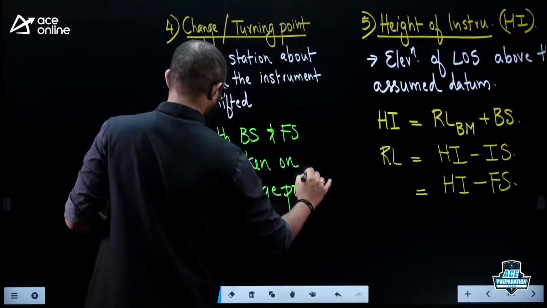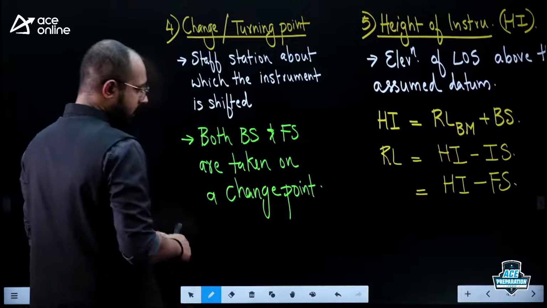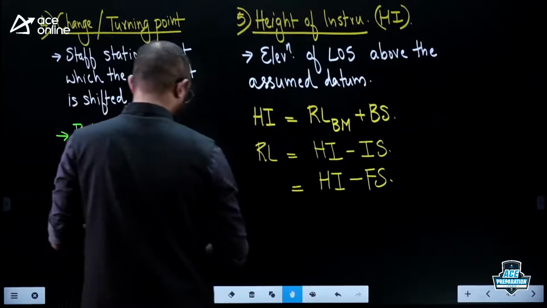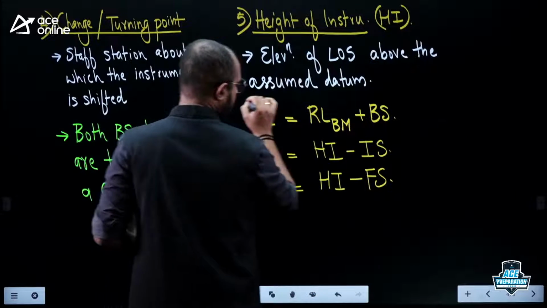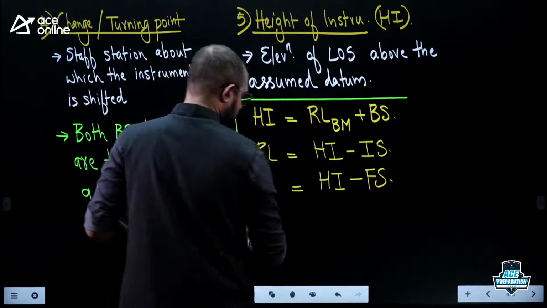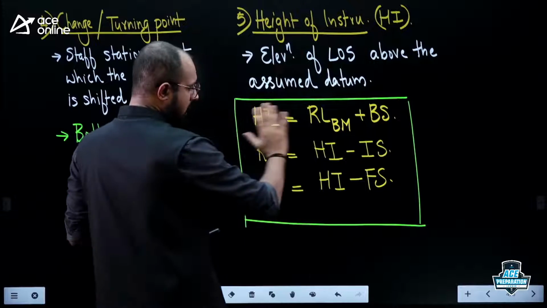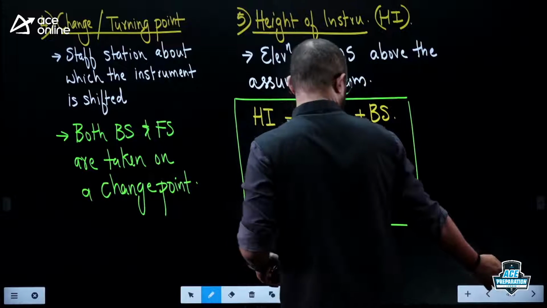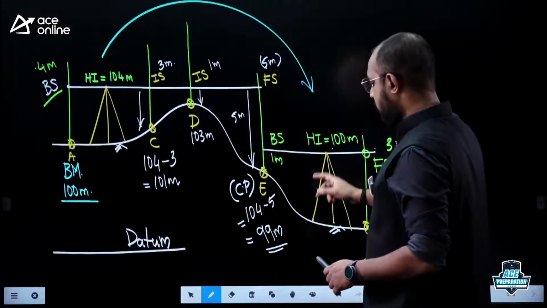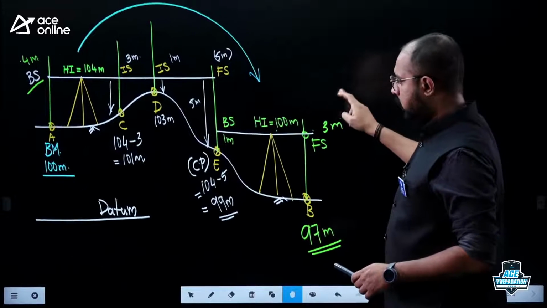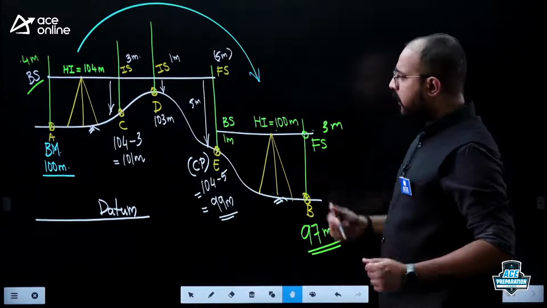So that's it. These are the different points that we should understand. These are the different terminologies, and finally these are the different equations involved in our leveling work. So what I have practically shown you here is the equations involved in our leveling work, and also how the field measurement procedure takes place. So this is one concept that we have discussed here.